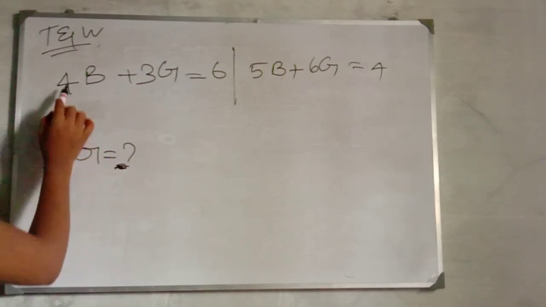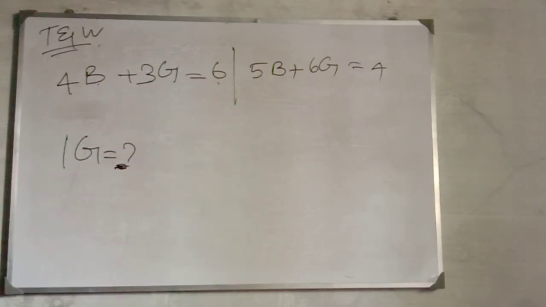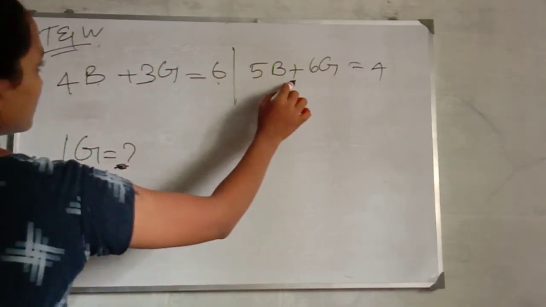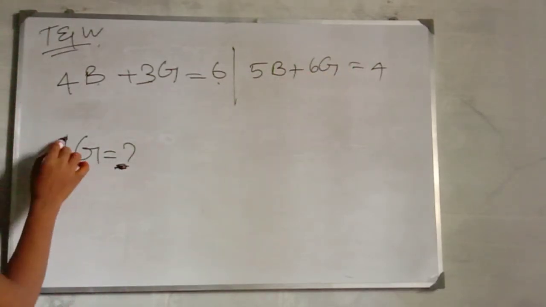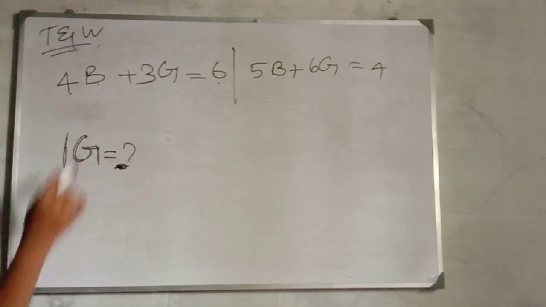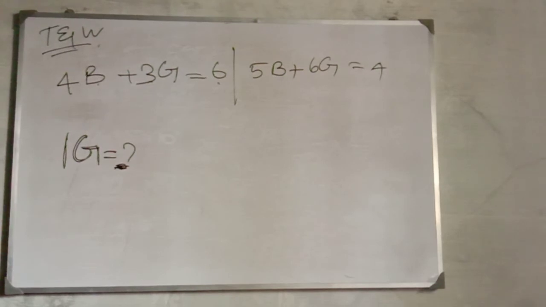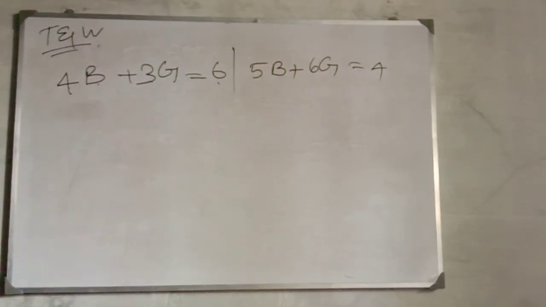Now 4 boys and 3 girls do the work in 6 days. Then again 5 boys plus 6 girls do the same work in 4 days. So how many days will one girl take to do the same work? Now we move on to the problem. The solution is: